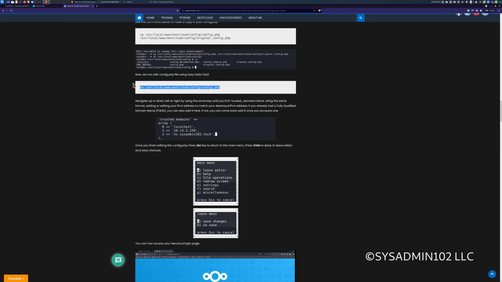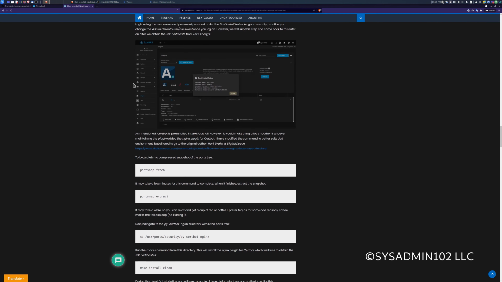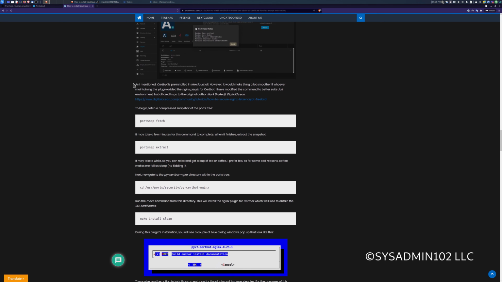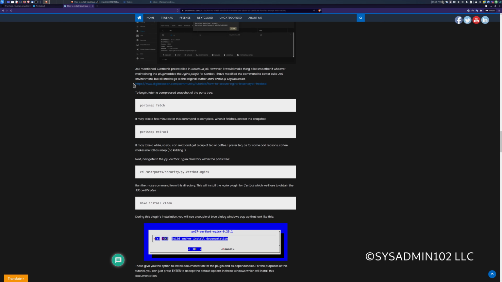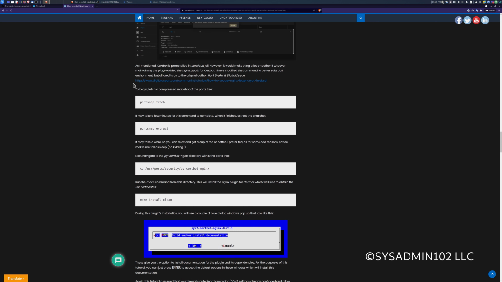Next, we're gonna install the Certbot NGINX plugin. So in order to do that, we have to do port snap fetch, and then we have to extract the snapshot.